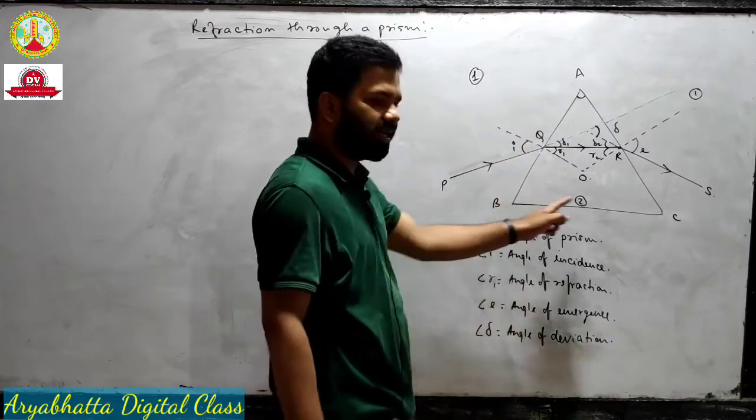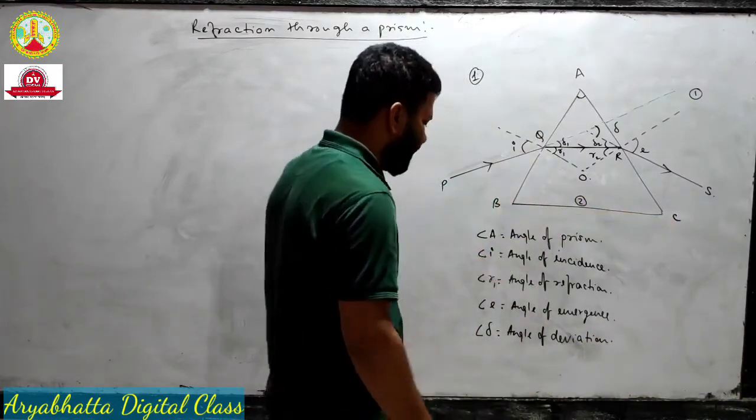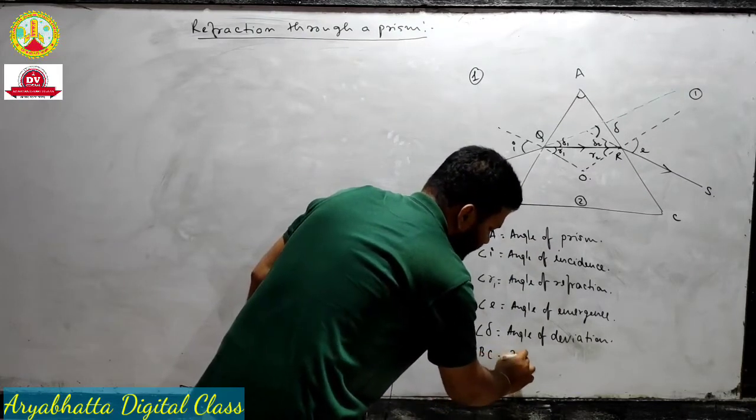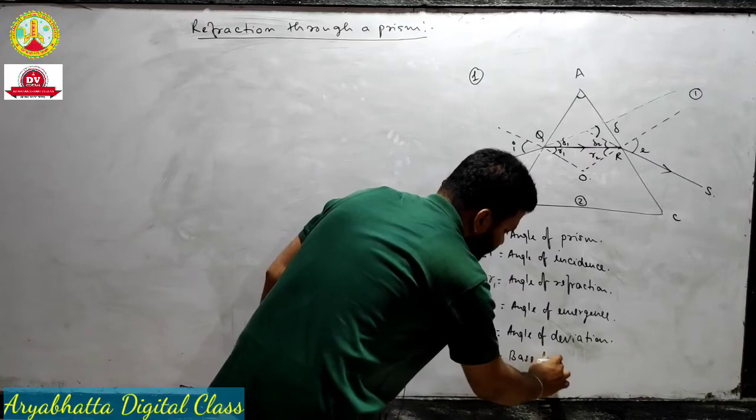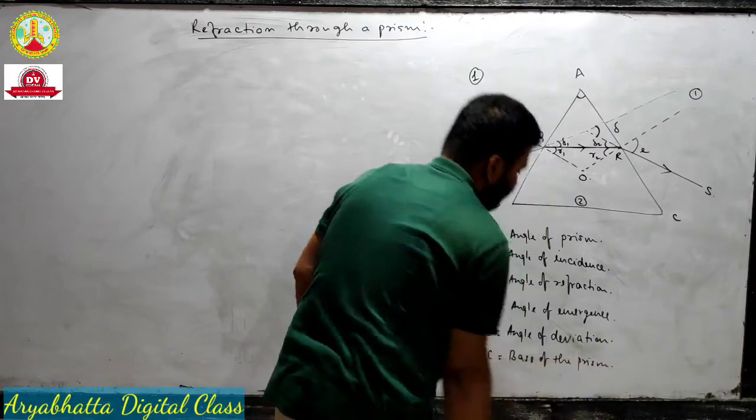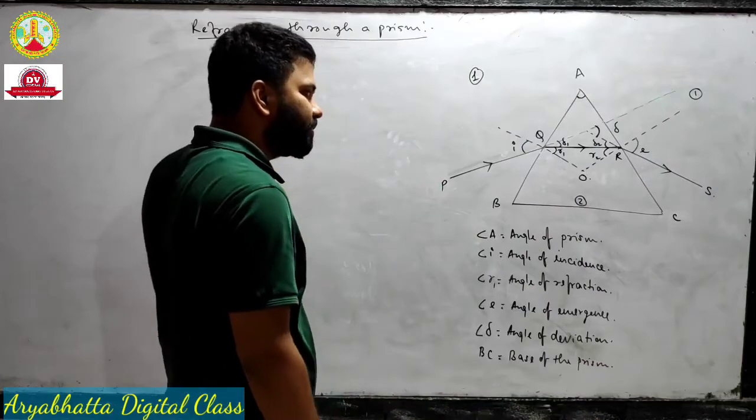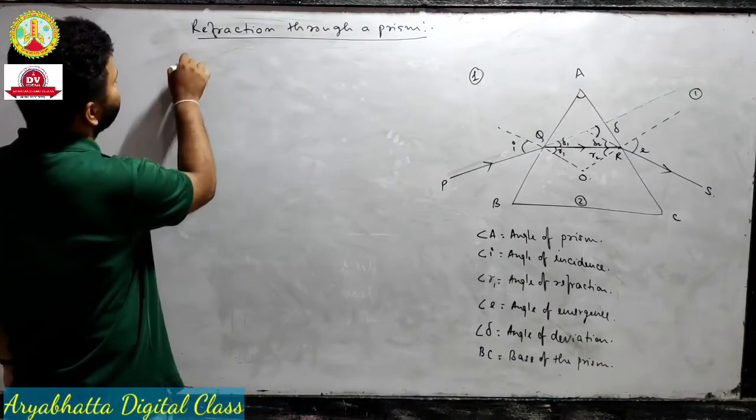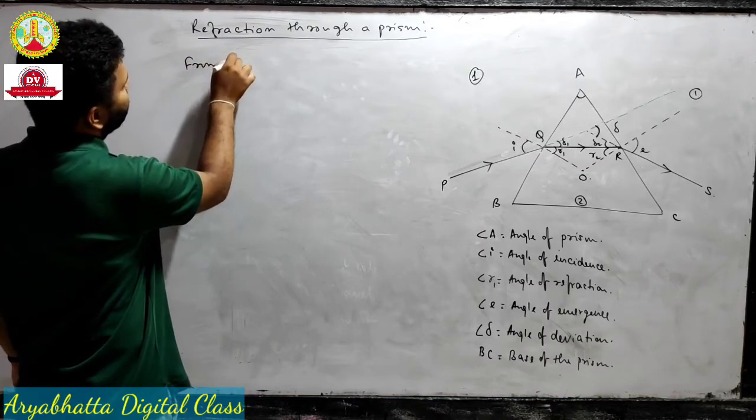Okay, and BC is the base of the prism. This is known as the base of the prism. Now from the figure, what can we say? Dekho, step by step,